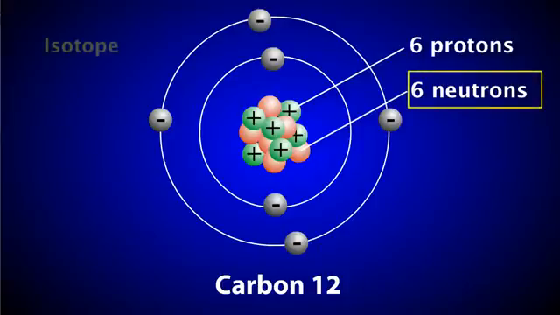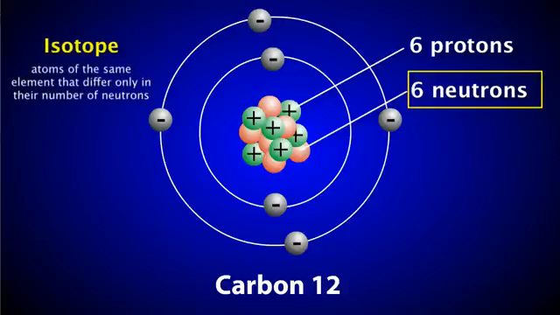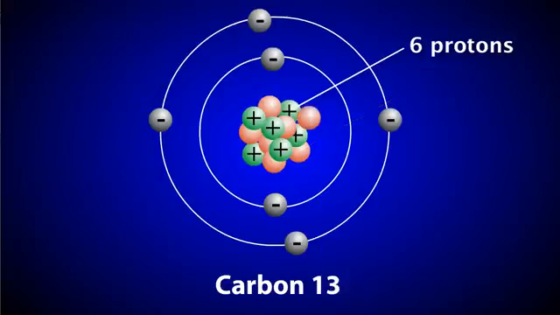These variations are called isotopes. Isotopes are atoms of the same element that differ only in the number of neutrons present in the nucleus. Here's one example of a carbon isotope, carbon-13. Notice that while the number of protons in carbon-13 remains at 6, the number of neutrons has increased from 6